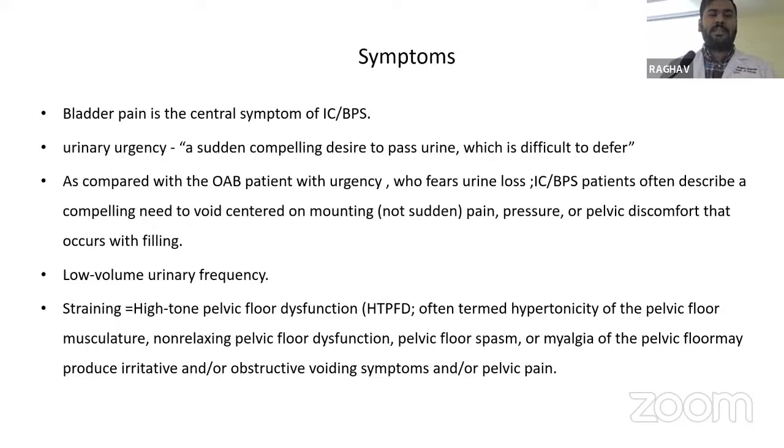Bladder pain is the central symptom of IC/BPS. Urinary urgency is a sudden compelling desire to pass urine which is difficult to defer. As compared with overactive bladder patients with urgency, who fear urine loss, IC/BPS patients often describe a compelling need to void, centered on mounting, not sudden, pain, pressure or pelvic discomfort that occurs with filling of the urinary bladder. There is usually a low volume urinary frequency, and straining, which may be seen in high tone pelvic floor dysfunction,